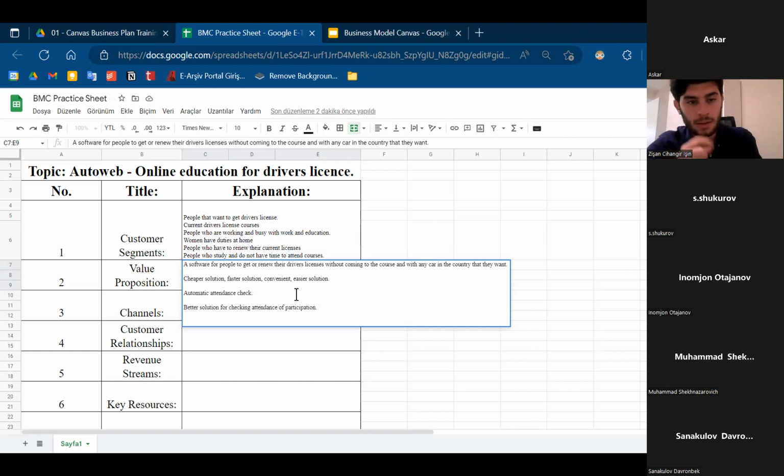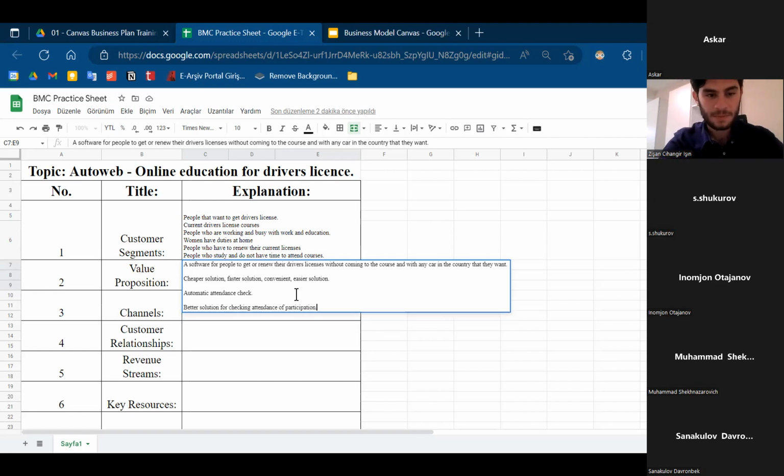By the way, we have the same problem in Turkey as well. I know it's a big issue, and I faced it. Is there any other thing we forgot to write down, or does it look good about the value? Yes, I think that's all. Okay.